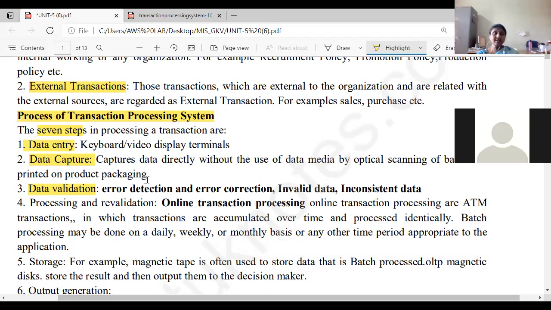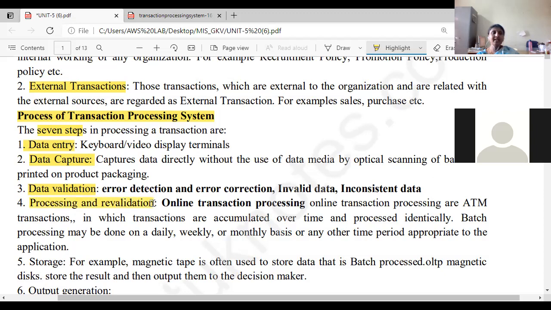That means we are applying some error detection methods and error correction methods, and we are verifying whether the data is valid data or not. Suppose sometimes you are getting it as invalid. So the data you have provided, we are checking whether it is valid or not, or whether the data is not enough, that means it is not containing consistent data. So you say it is inconsistent data. So data validation is done to verify whether it is valid or consistent or inconsistent data, by using error detection methods and error correction methods. That can be done by data validation.